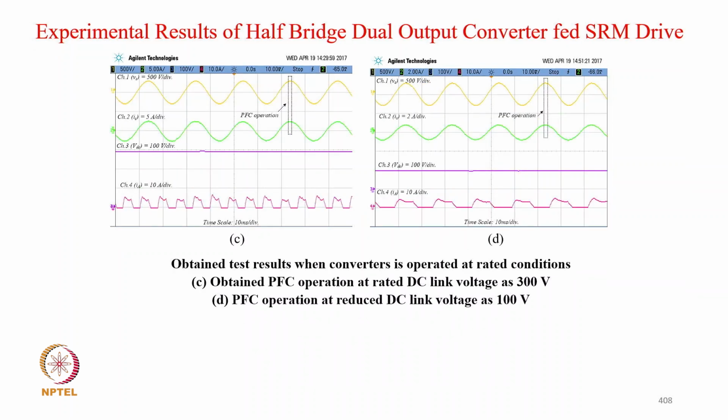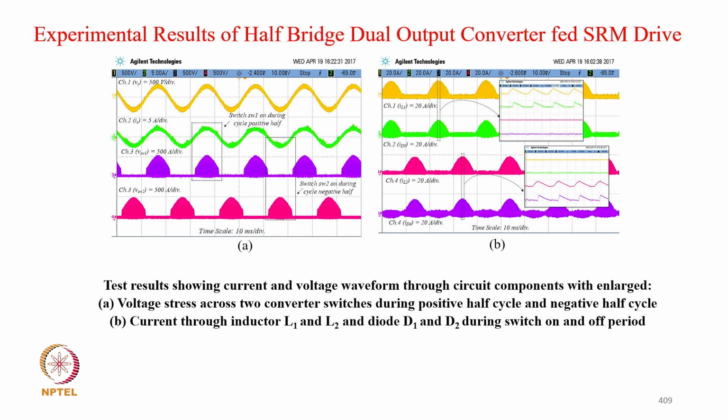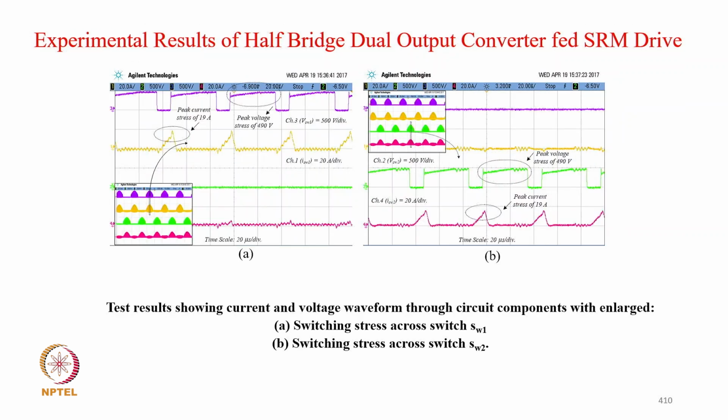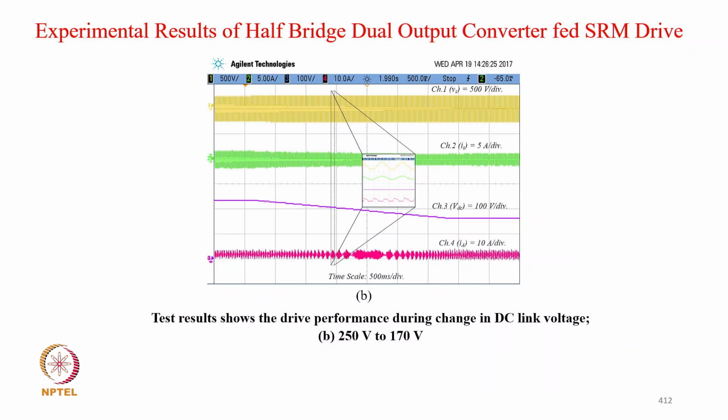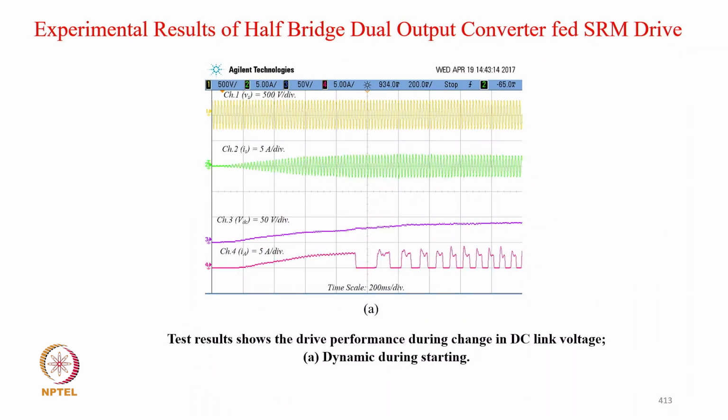Then supply voltage, supply current you can see in phase with the supply voltage for both the speeds, at 300 DC link and 100 DC link voltage. Then typically the supply current and the inductor, typically the switch voltage stress, the enlarged view of that, and supply voltage variation 150 to 270, speed control, and DC link supply voltage variation and starting,